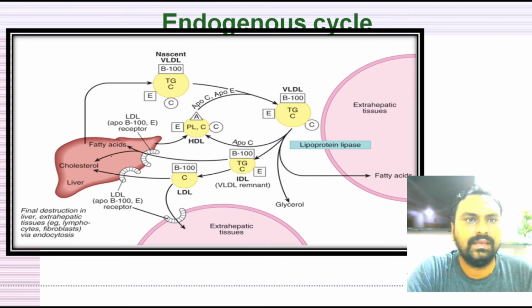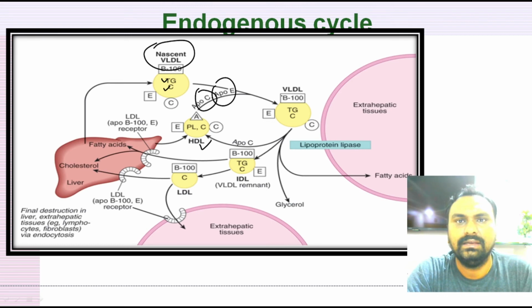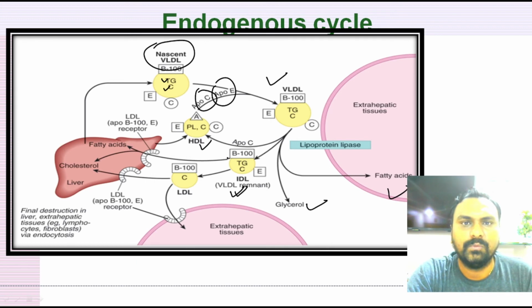so you can see again here in the liver, the triglyceride and cholesterol will bind the ApoB100. It is called VLDL. It gets ApoC and ApoE from HDL. It is called mature VLDL. This mature VLDL will go to the extrahepatic or peripheral tissue, where it activates the lipoprotein lipase. It will break down triglyceride to glycerol and fatty acid. Once the action is over, ApoC2 will go back to the HDL,